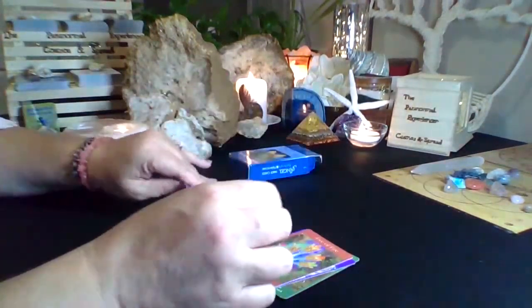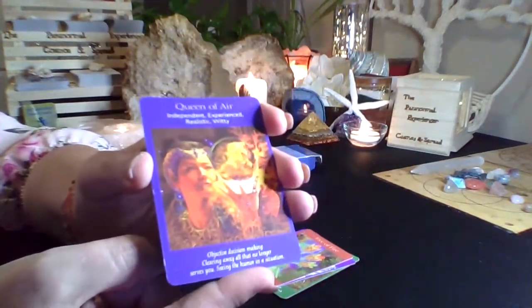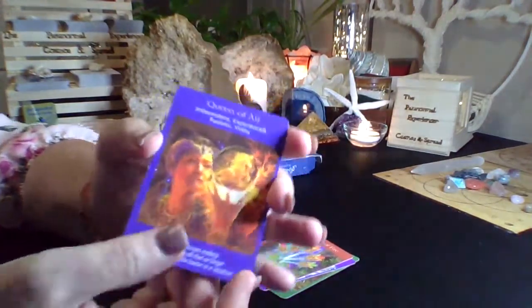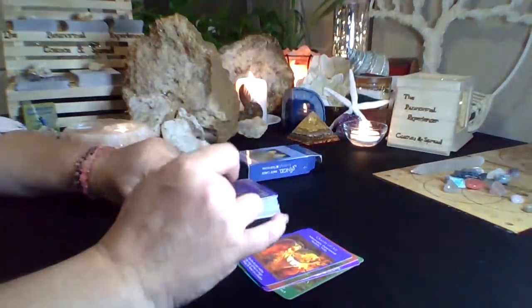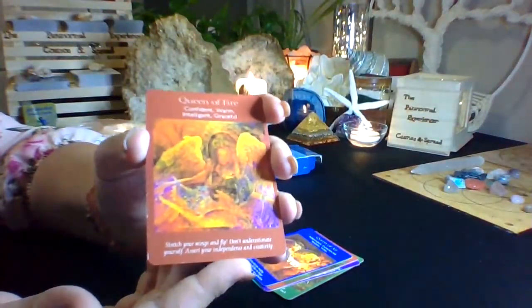These cards almost make me feel like I received a knockoff, but I didn't. I want to make that clear. I did not receive a knockoff. These are the original cards. It's just, I think what it is, I